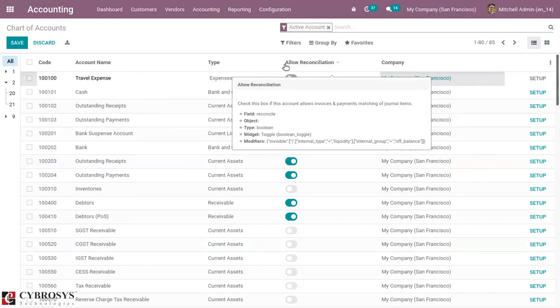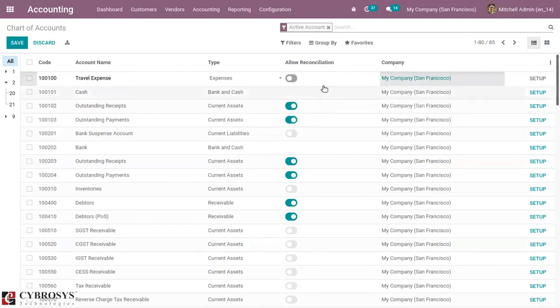So the account used to record these credit card payments needs to be configured as allowing reconciliation. So you can check this allow reconciliation. Okay, after that, you can save this. Okay, so it is created.